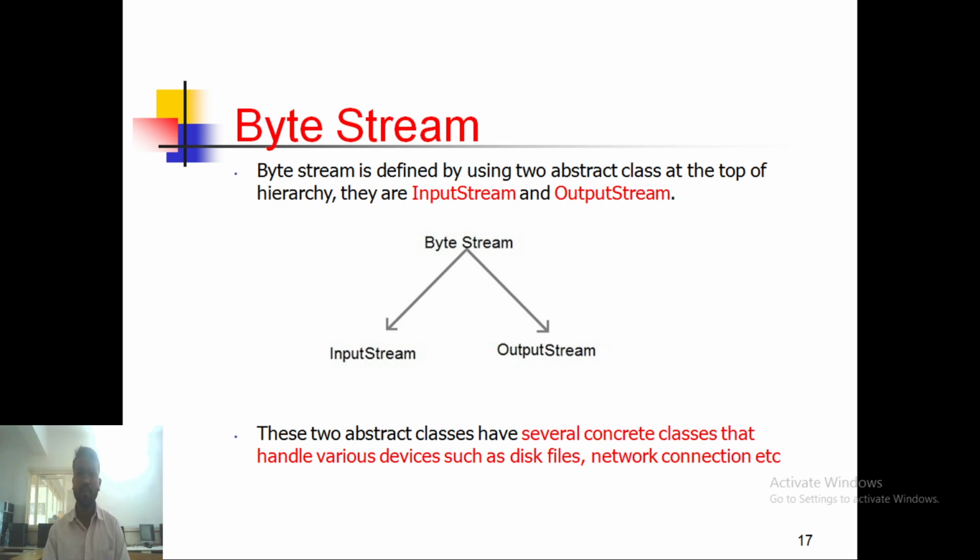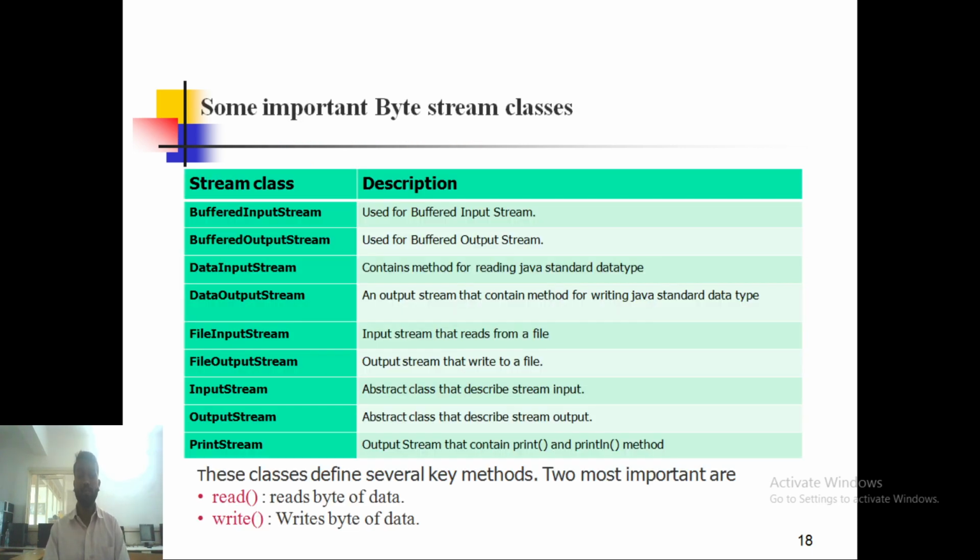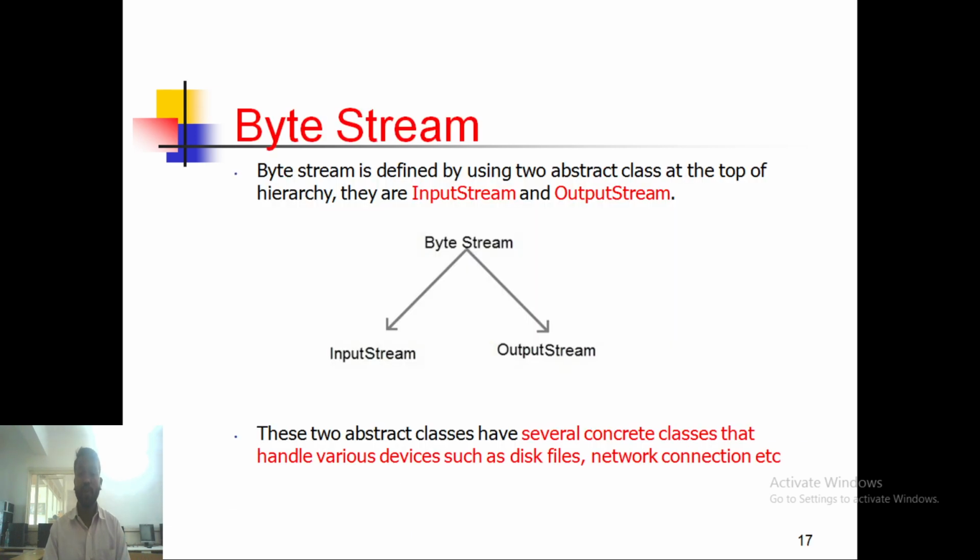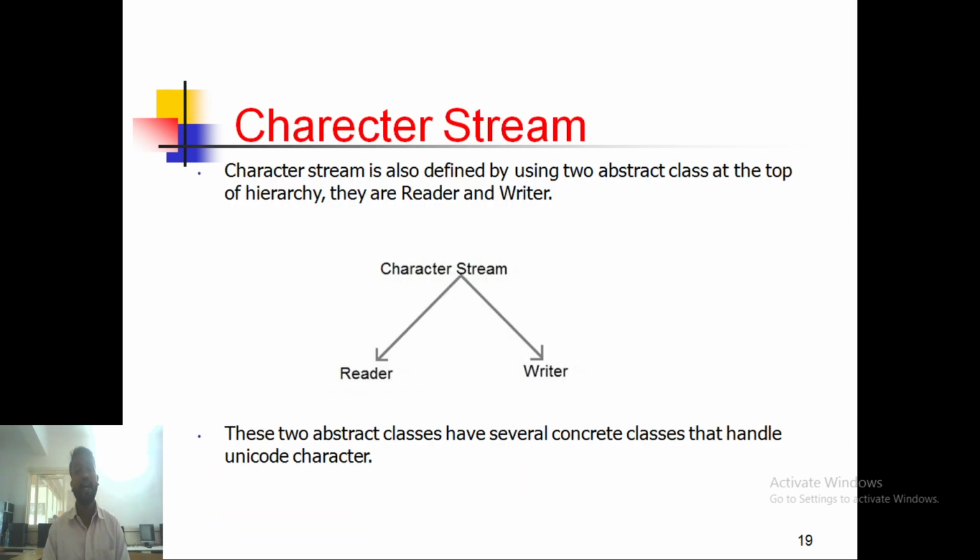Then the second stream, the character streams. Here again there are two operations: the first is input operation and the second is output operation.